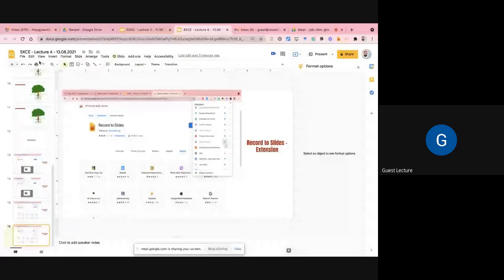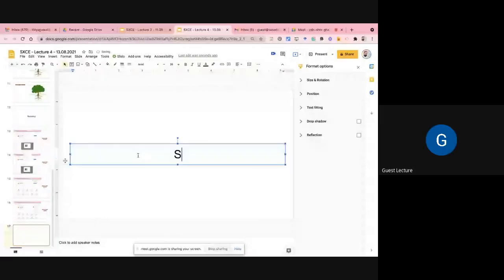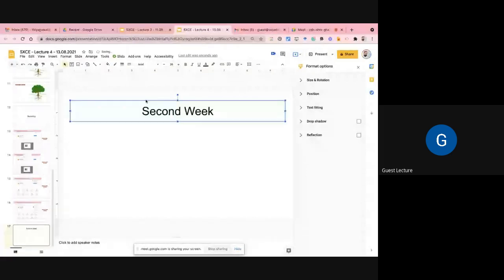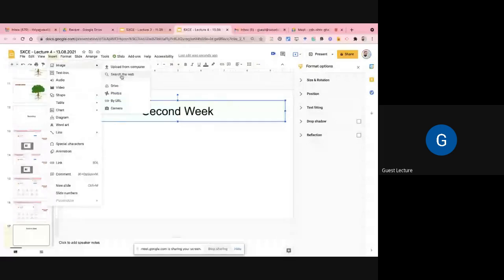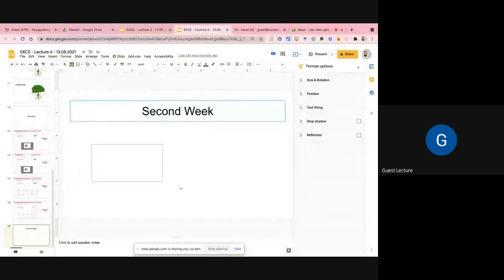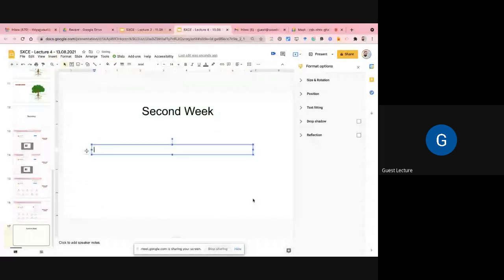Just I'm creating new slides for the second week assignment. The second week, what do you have to do? The second week output, we are going to measure like this. Create one text box here. You have to create one slide, a Google slide. In the Google slide, you have to use some interactive tools, interactive activity, with interactive use of